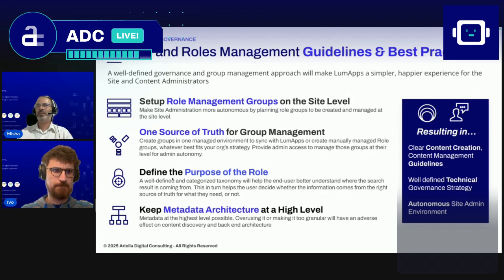If you have a large organization, it's actually very relevant. So you want to have a strategy that defines the purpose of that role, and have a description for that role. The module in LumApps actually allows you to add descriptions, so that you and your admins and future admins can very easily see what the purpose and the function of the role is,